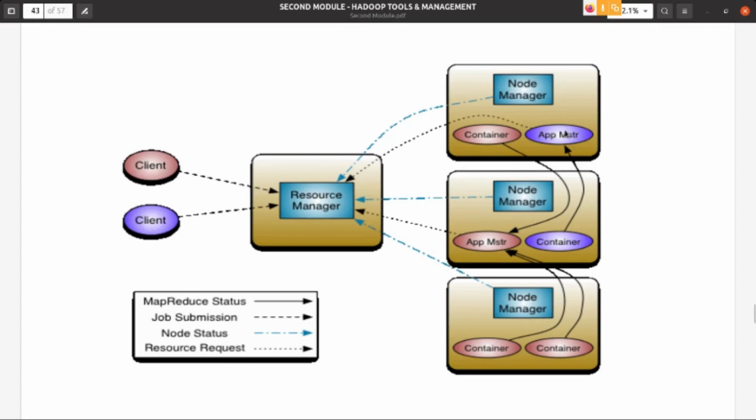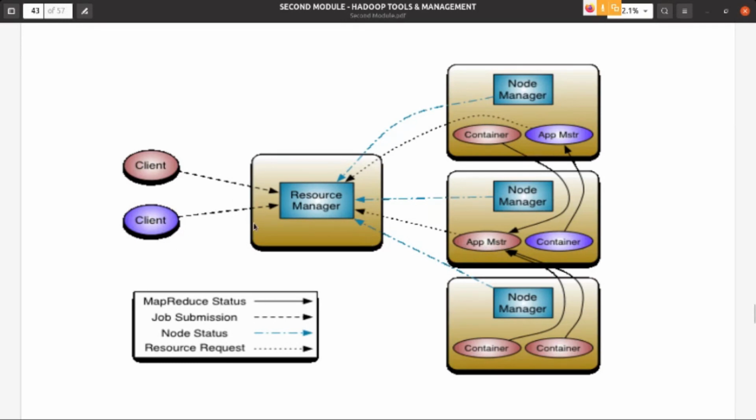Okay, so I told you the application master runs on a single node. Here one application master manages one MapReduce task submitted by a client to the cluster, and this other application master manages another job submitted by another client, or the same client.